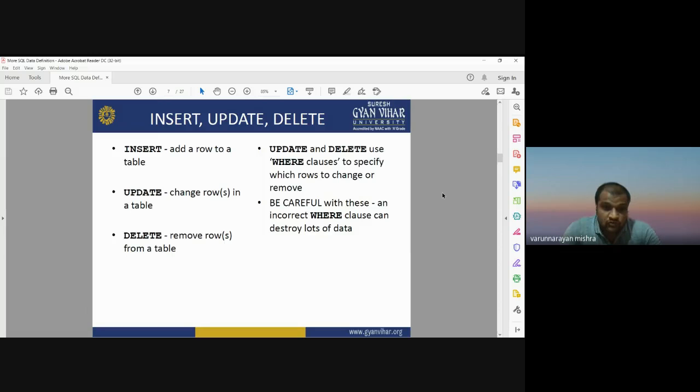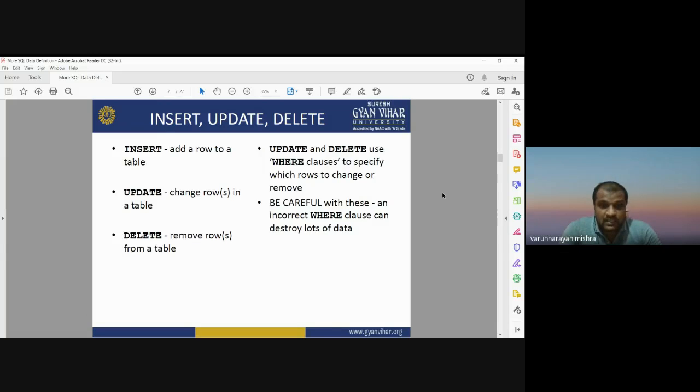If you want to remove a row or a value in the row, then you will go for the delete command. So insert, update, and delete, these three are data manipulation commands, DML. While create command and create constraint are data definition language, DDL, meaning we create something, and in DML, data manipulation language, we update or change something in our table.